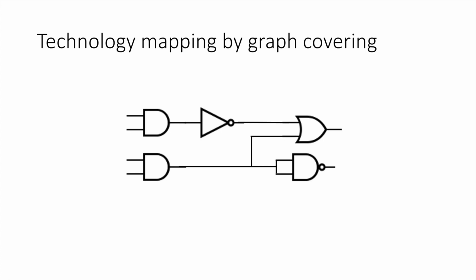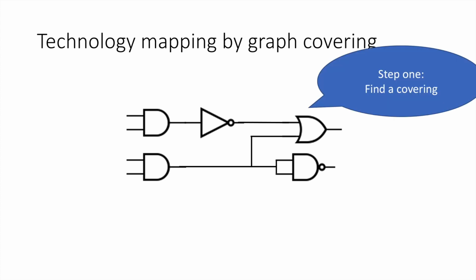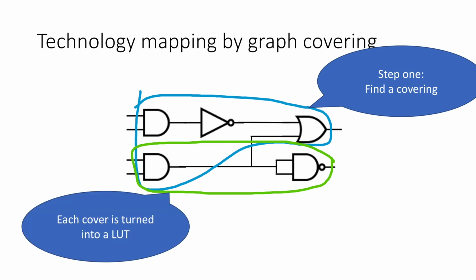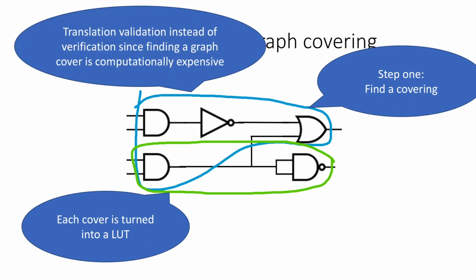And the second technology mapper is based on graph coverings in the following sense. So the first step is to find a covering of our input netlist, for example something like this. And then each cover is turned into a lookup table or LUT. So this gives us our technology mapped netlist. But now we need to take into consideration that this pass differs from the other passes in Lutsig, because this pass is not verified. This pass is instead based on translation validation,